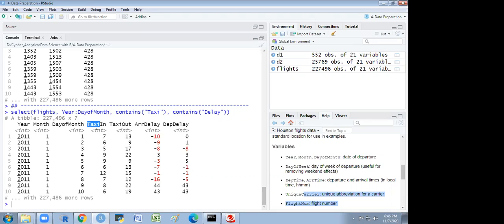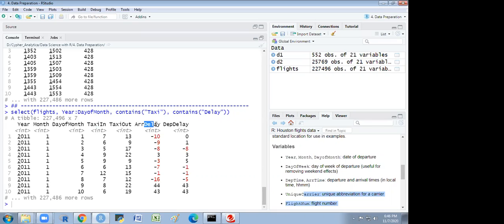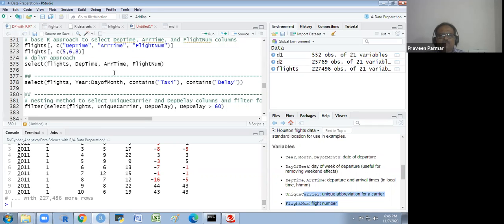Delay also, it will fetch the column if it has it. So there are 2 columns with the taxi name, and the delay we have 2. So it fetched all the columns which had delay. Okay, sir. So this is a technique we could use.